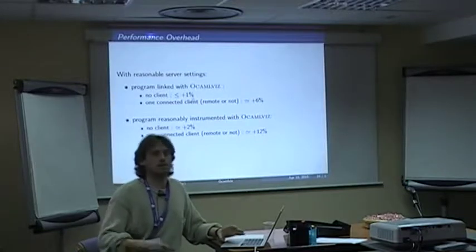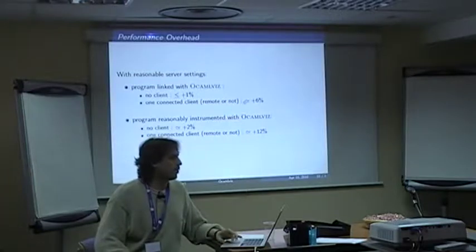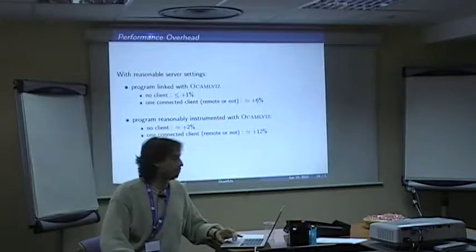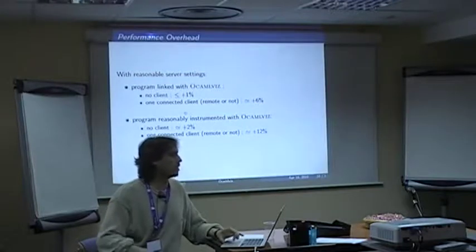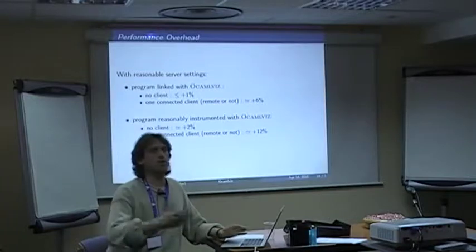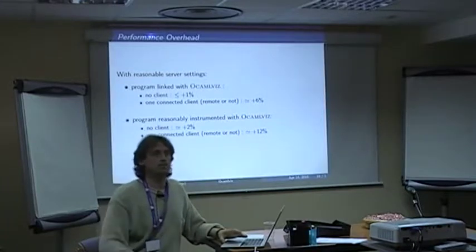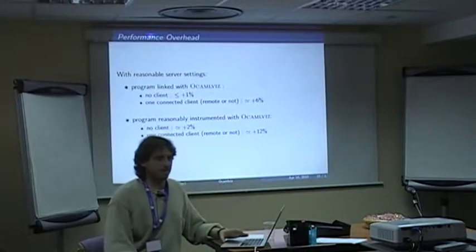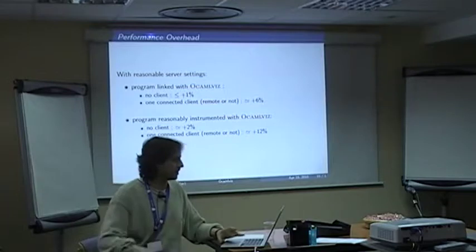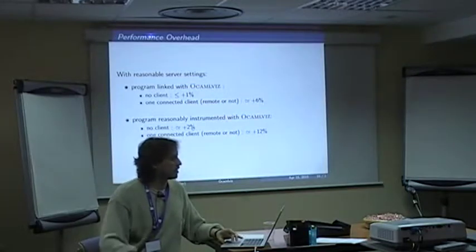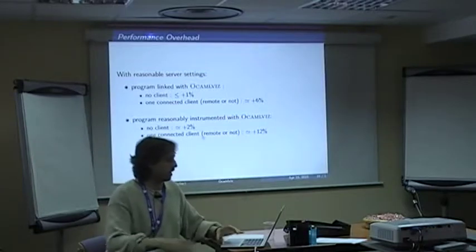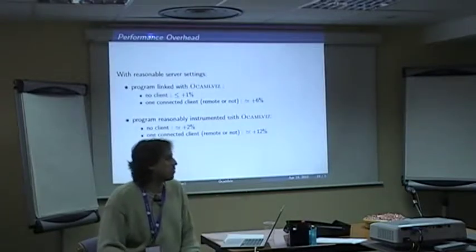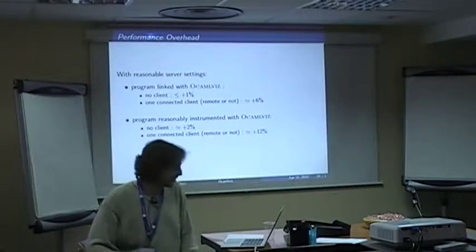Now, if you connect one client, remotely or not, that's not a problem. The impact is about 6%. Now, if you reasonably instrument your program, so what does that mean? You're not going to observe all the functions, all the values, and all that stuff. So you're doing something very reasonable. I don't know, maybe 5 functions, 2 hash tables, something like that. So without any client, the impact is only 2%, and when you're connecting a client, it's more than 10%. Of course, actually, this number says nothing very interesting, I think, but